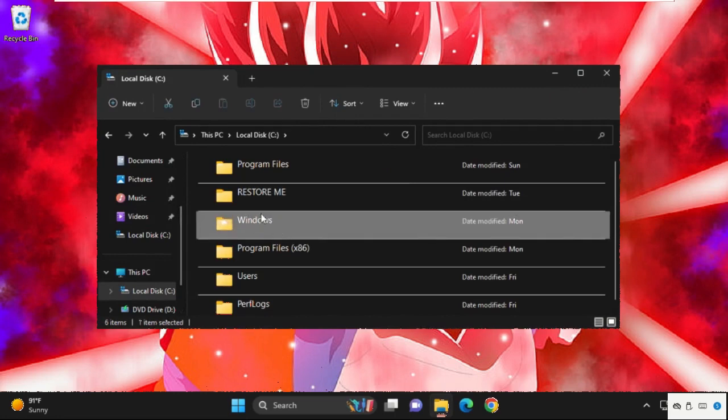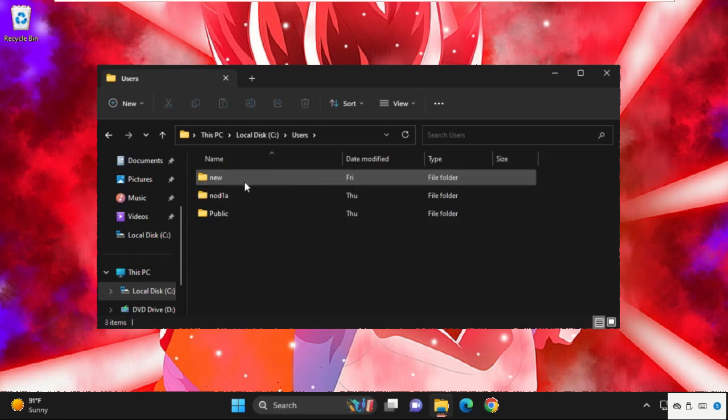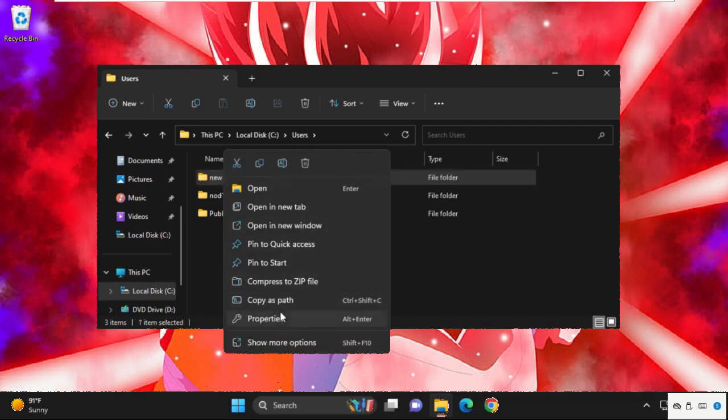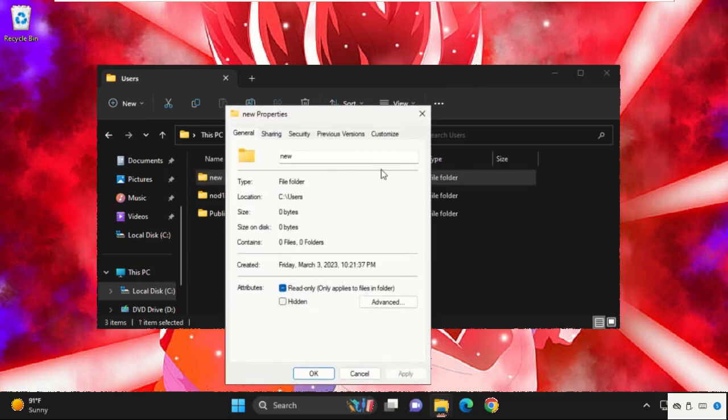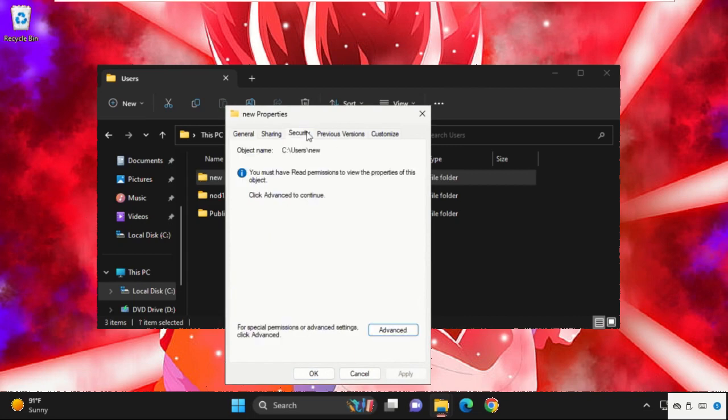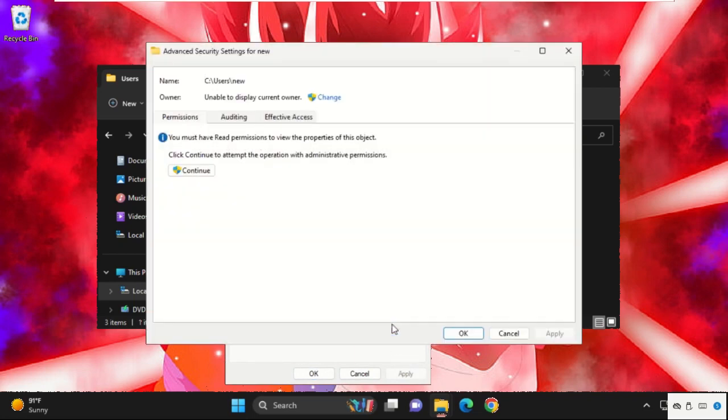So first of all, for example, we are going to choose this folder. So here it is. Simply select it, then open its properties. Now go to the Security tab, then select the Advanced tab,